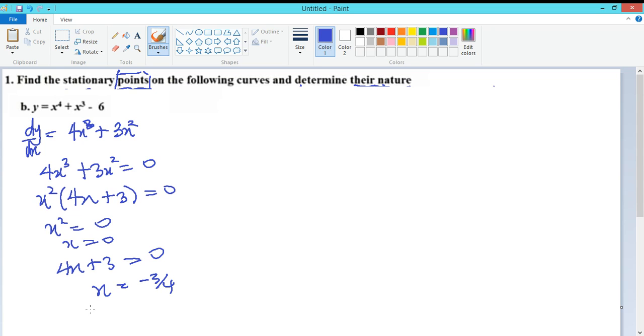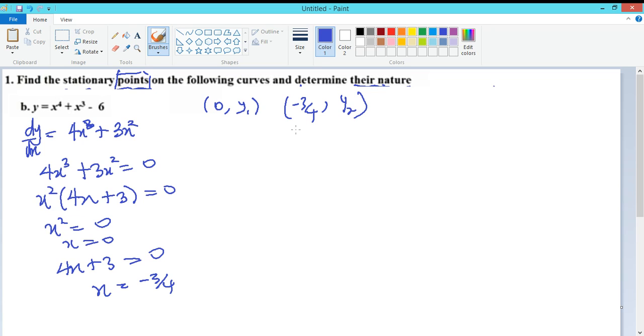So at the turning points, we have our x coordinates. Ideally, we can say the turning points are 0, y1, then negative 3 over 4, y2,